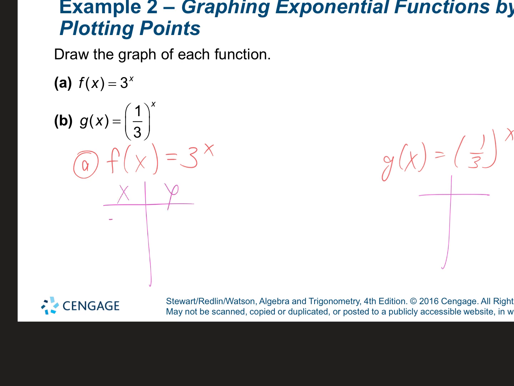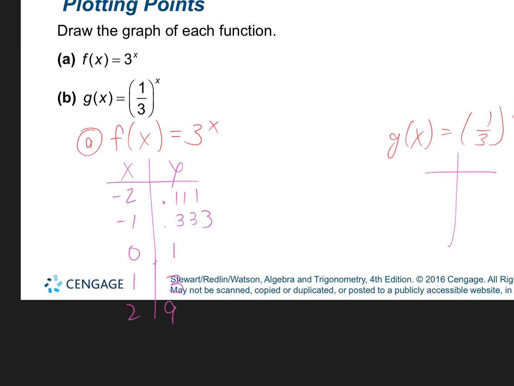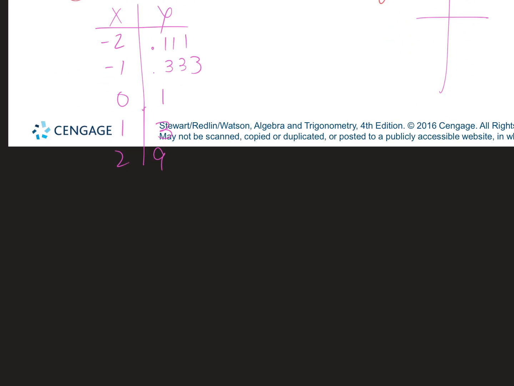So x and y, I'm just going to do -2, -1, 0, 1, and 2. So if I plug in my calculator, 3 to the -2 power, I get 0.111. 3 to the -1 power, I get 0.333. What's 3 to the 0 power? 1. What's 3 to the first power? 3. And what's 3 to the second power? 9. So if you were going to make a quick little picture of this,